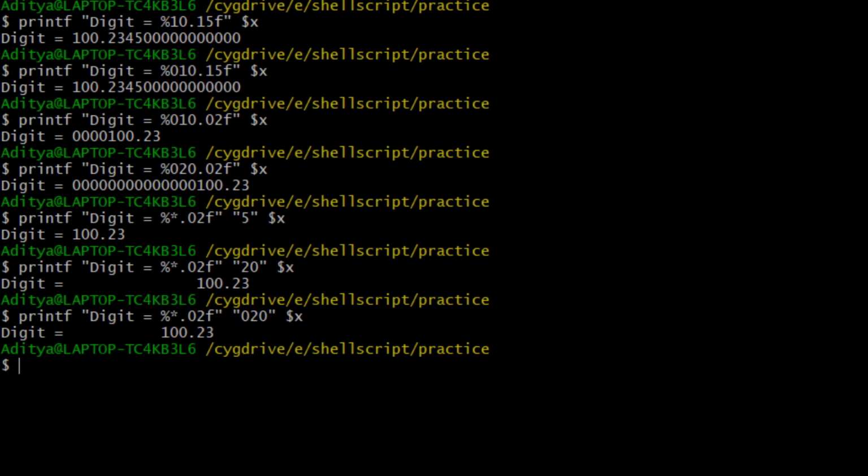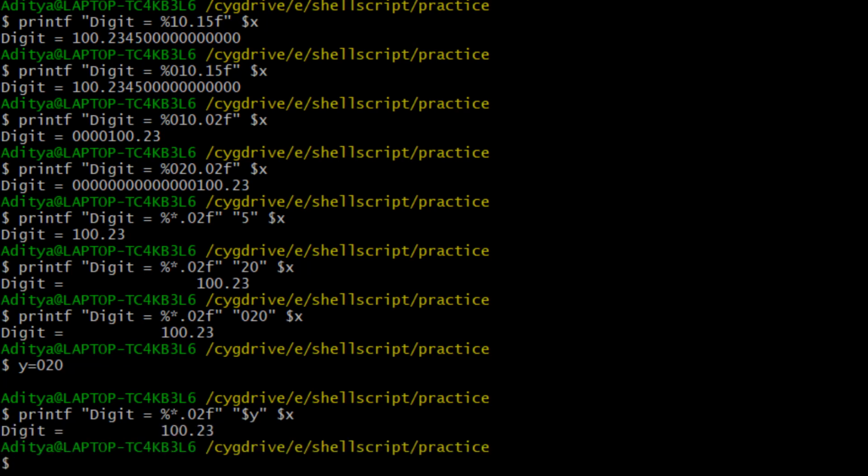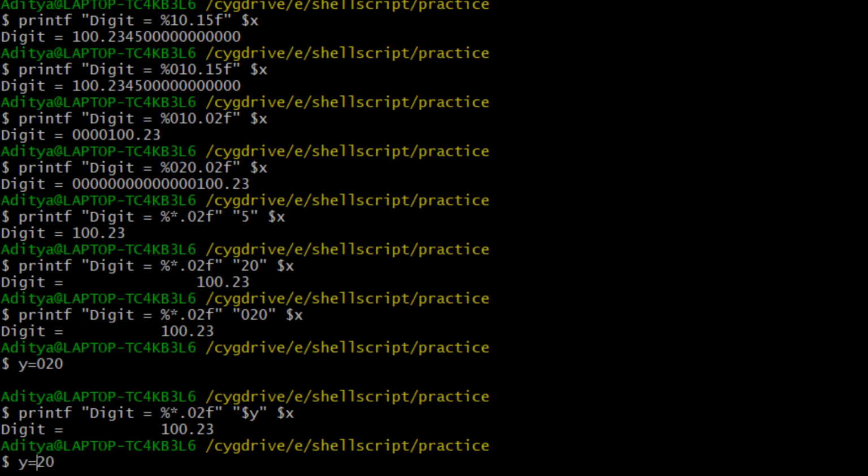Now 20 spaces. Now what if I assign this value 20 to a variable, and after that here I am going to pass $y. Okay, it's not showing that one, it's just showing that value.